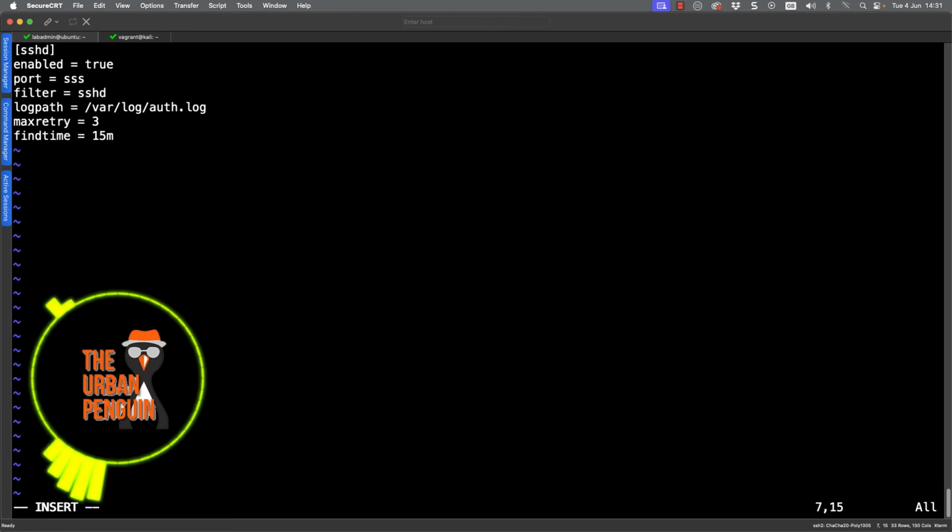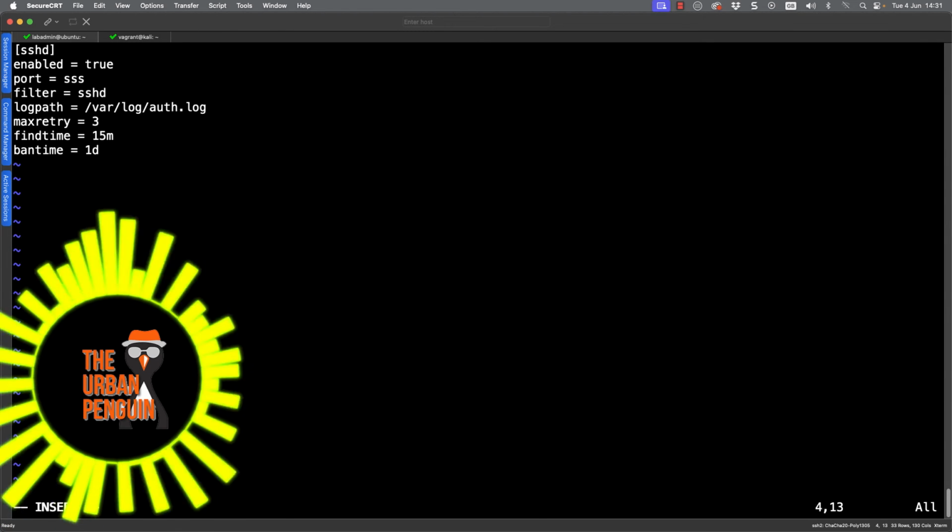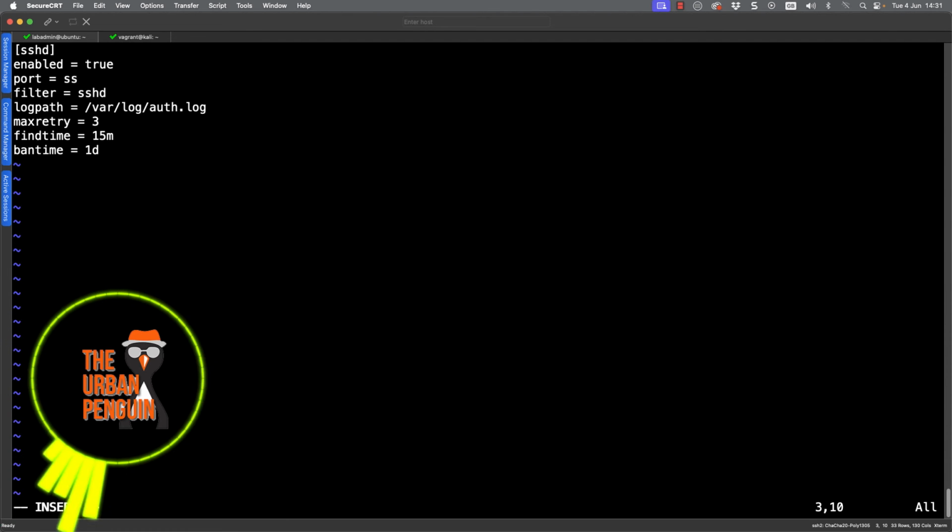So 3 failed login attempts within a 15-minute period, it's going to block you. And how long do we block you for? Well, we're going to add you to the firewall rules for 1 day. So this is really going to be good enough to make sure that people who do need to get in can get in, and those that shouldn't can't. Let me just correct that spelling mistake, and we are done.